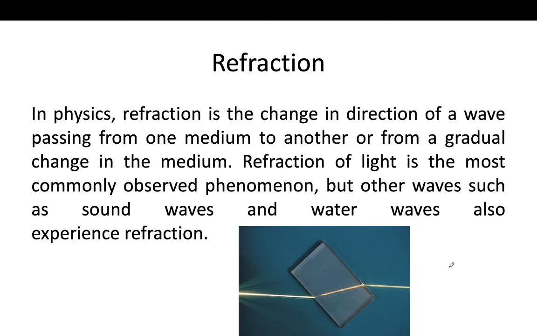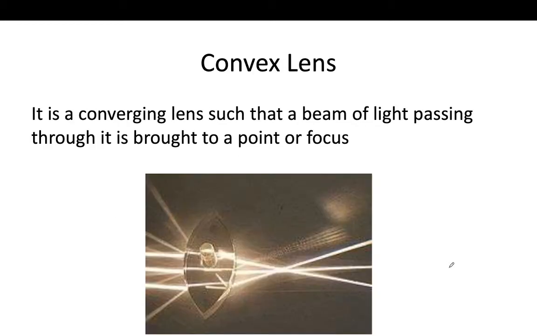As you know, in the property of light, light in free space travels in a straight line, but it can be redirected with the help of a mirror, lens or objects. And refraction is not only for light; water waves and sound waves, even our signals can also be affected by different objects. So now we will not use mirrors, we will talk about lenses, the convex lens and concave lens.